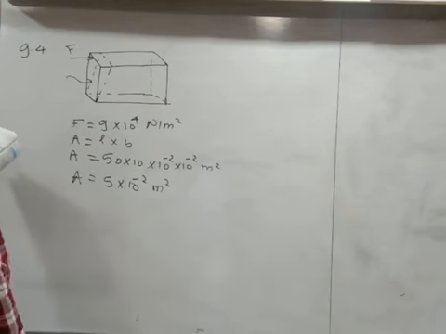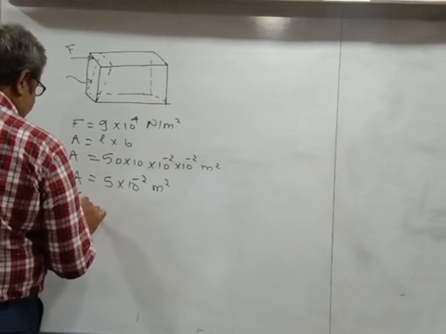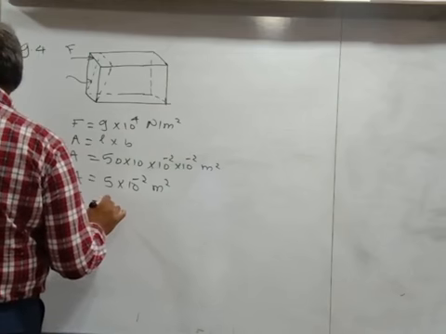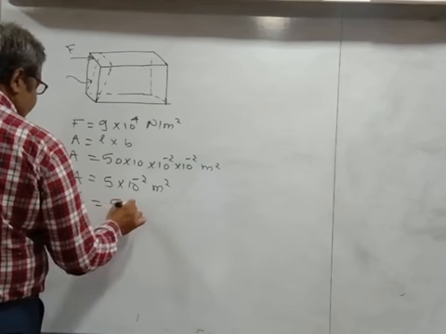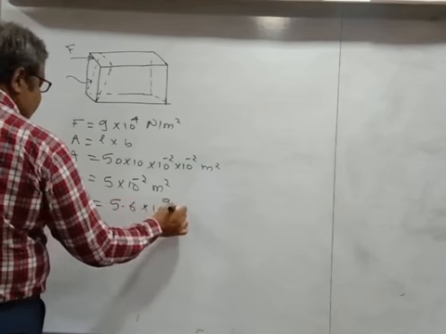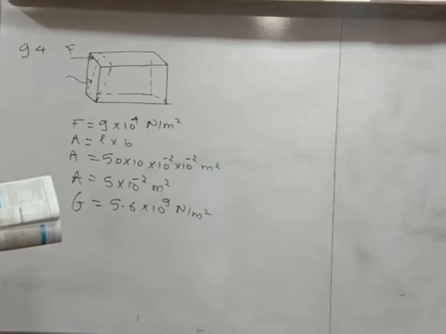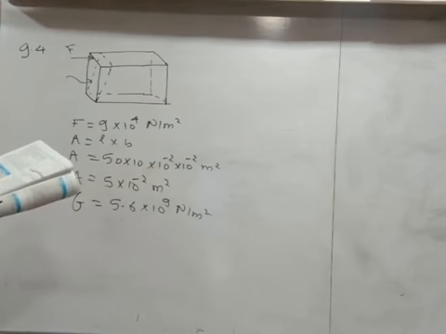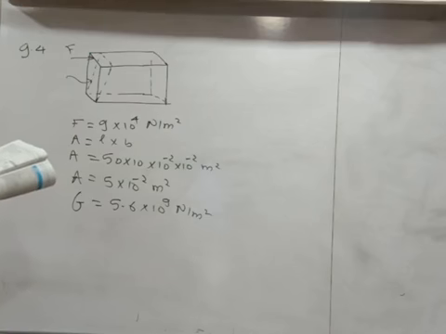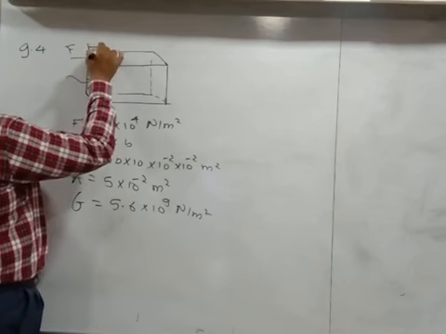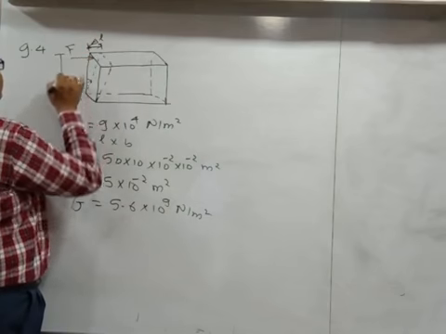Okay. Now shear modulus, they must give us the value of shear modulus. So it is 5.6 into 10 raised to 9 Newton per meter square. Where have you brought it from? From the table which is above this question, example number 9.2. Now they are asking us to find out the value of delta L.